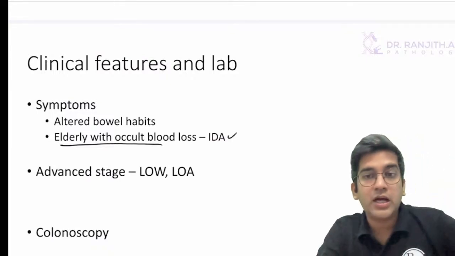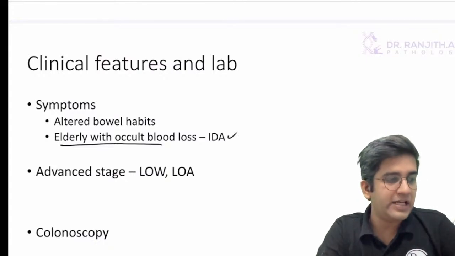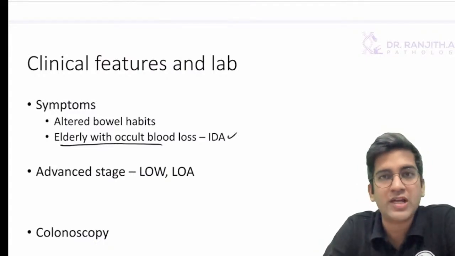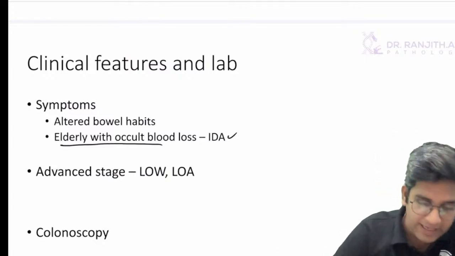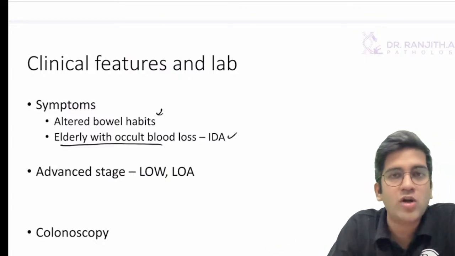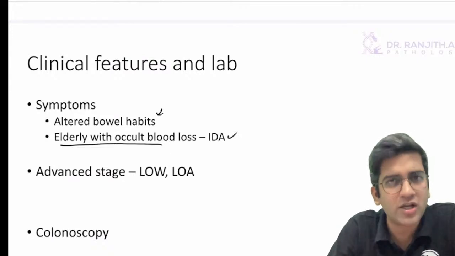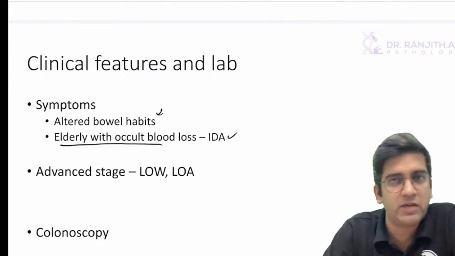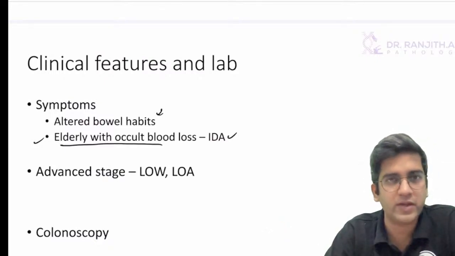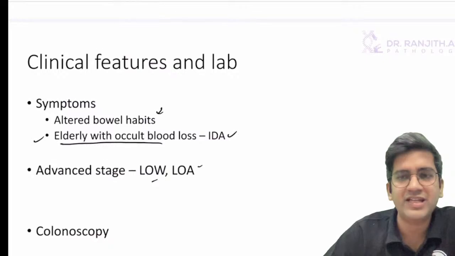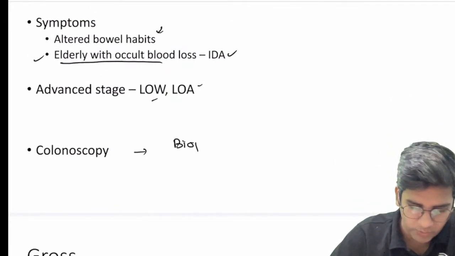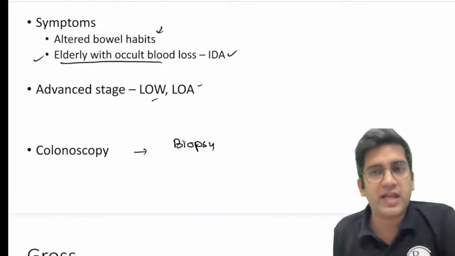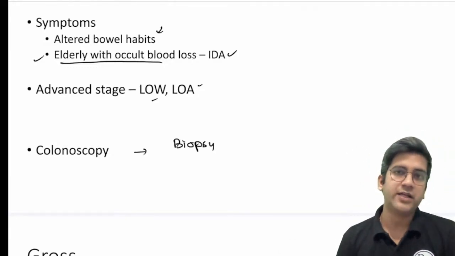That's by default. I might not call it a melena. Melena is generally for an UGI bleeding. Colon cancer will not have an UGI bleeding, right? It's a lower gastrointestinal tract bleeding, right? And there are altered bowel habits, alternating constipation and diarrhea, not a normal bowel habit. It's called altered bowel habits, and this is a very, very important clinical issue. Most of the time, they will present with that only. Loss of weight and loss of appetite will be there in every cancer in advanced stage. You do a colonoscopy, and then you do a biopsy if required. Again, you can write any of the MRI or CT scans to stage the tumor. It's required later on, fine.